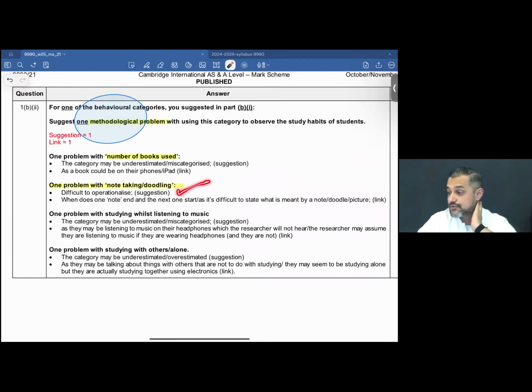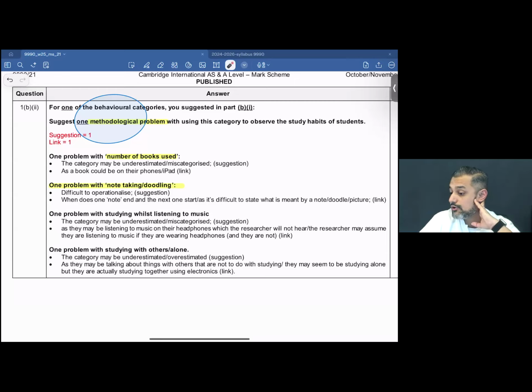This reminds me of the study that was conducted by Andrade. Andrade conducted a research on doodling, and I remember to be able to operationalize doodling, Andrade started to refer to it as a shape shading task, and there was a column, and right next to the column there were shapes, I believe squares and circles, in different rows. So you need a way to be able to operationalize it.